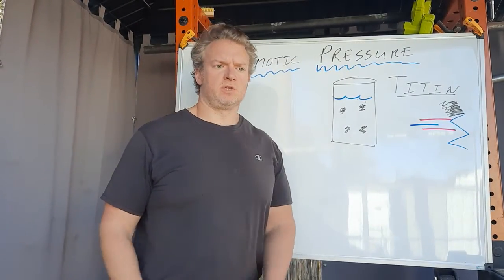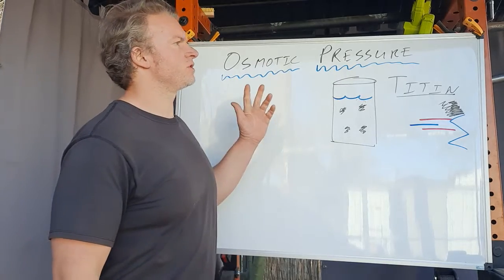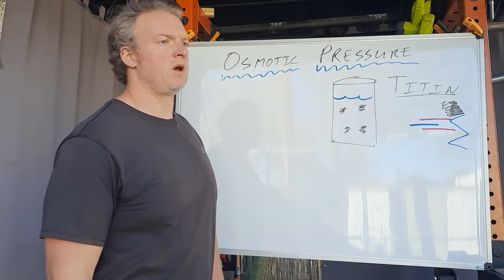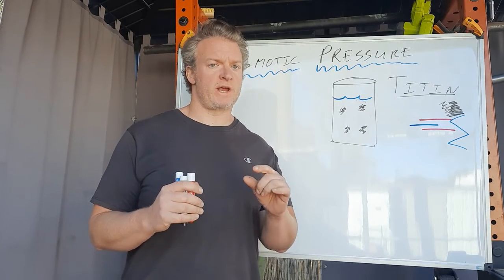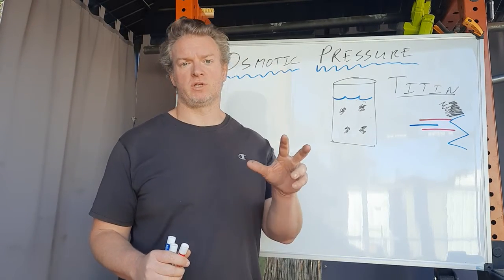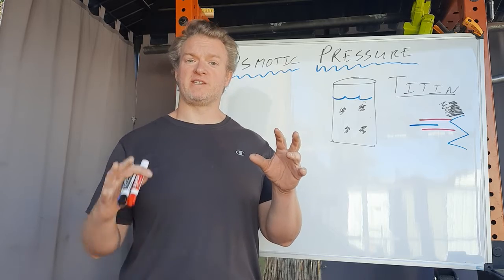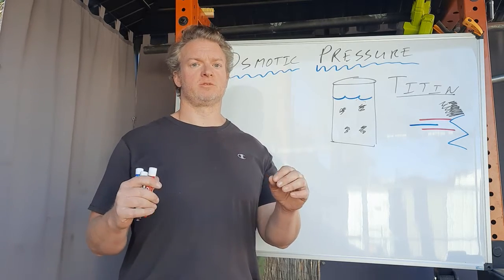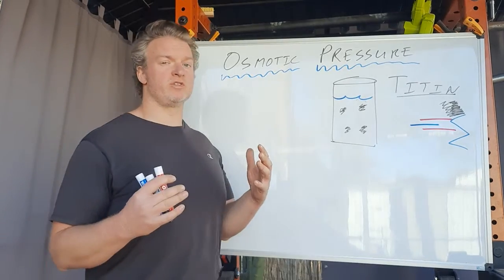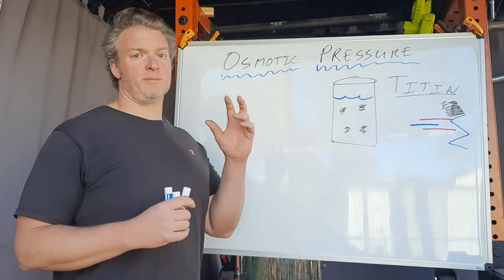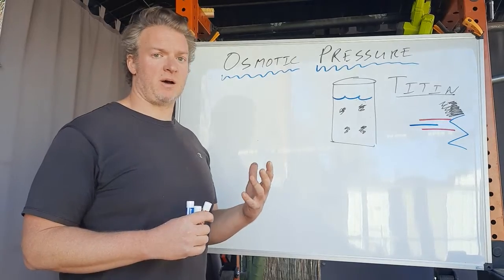Hello, you absolute legends. Osmotic pressure is another colligative property, where the properties of a solution change based on the amount of the solute, not the identity of the solute. This is a fascinating example, I think it's fascinating, I hope you do too, of trying to determine the molecular weight of a compound that's